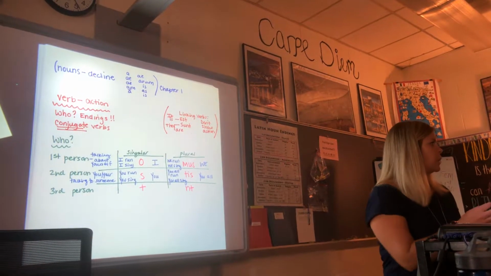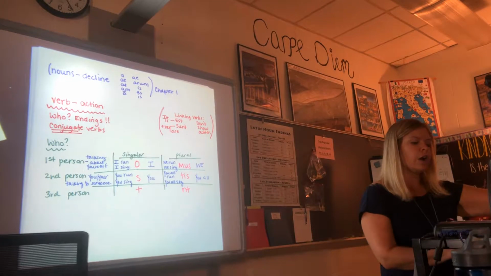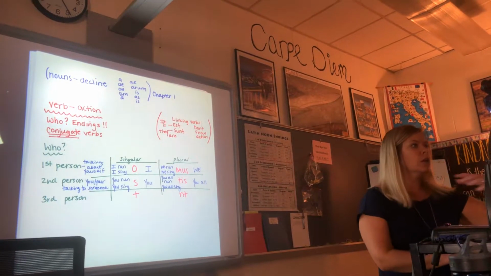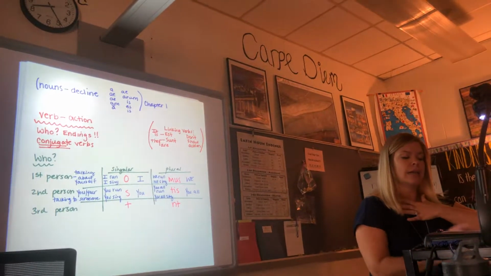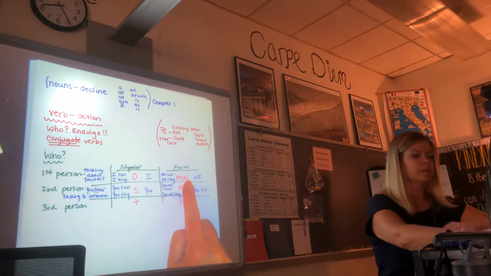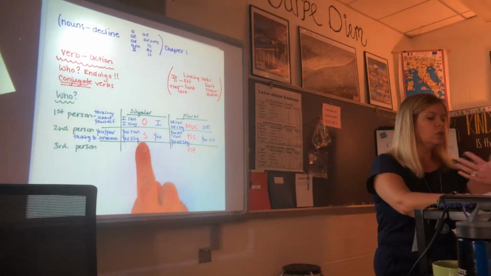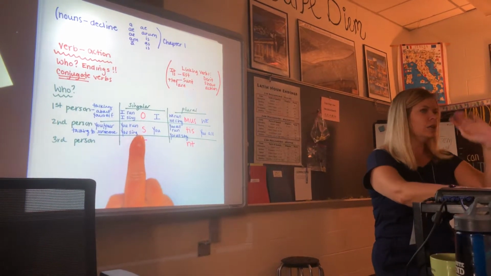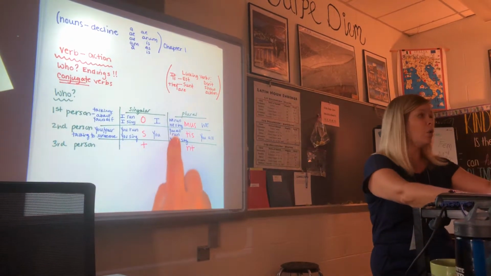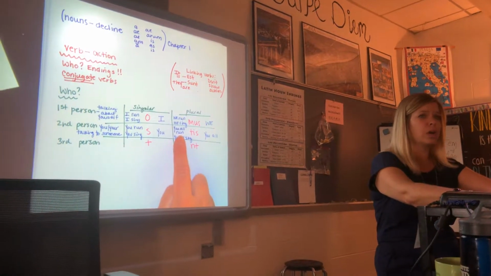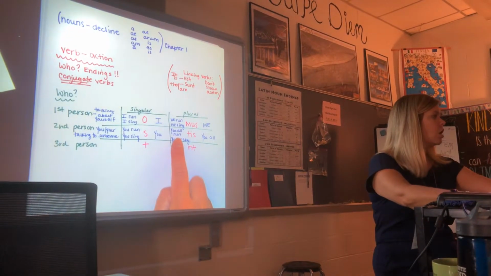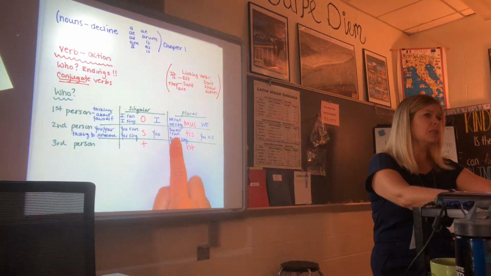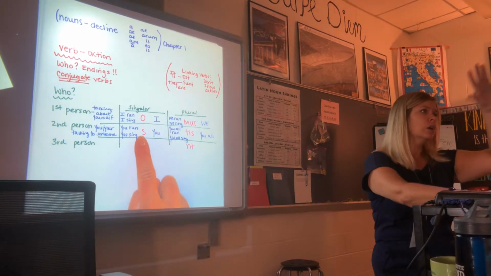So like we talked about previously, we have our first person in which we're talking about ourselves. I in the singular, we in the plural. We have our second person in which we're talking to someone. Hey, you run. You sing. You dance. Or you all run. You all sing. You all dance. Okay, do you see the difference between singular, you're talking to one person, plural, you're talking to